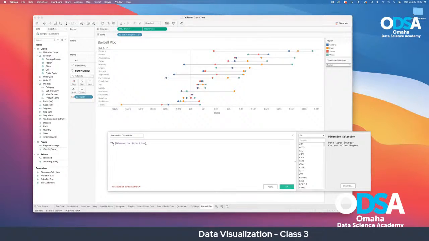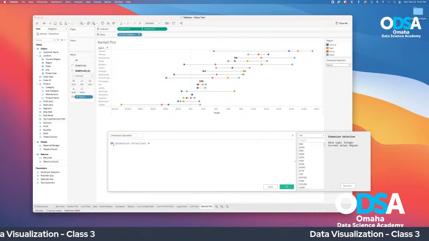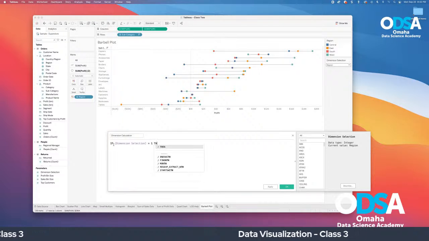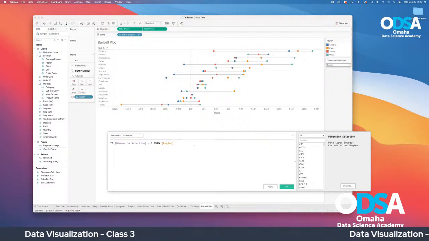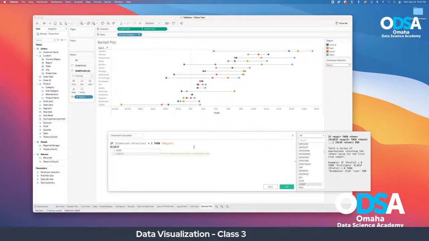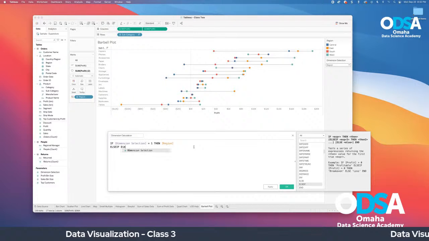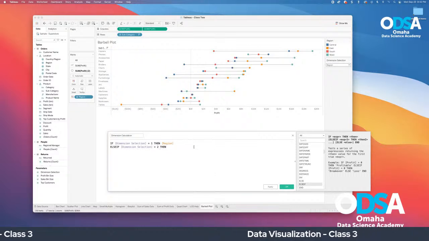If dimension selection, and we use the value, not the display as. If dimension selection equals 1, then region, else if dimension selection equals 2, then